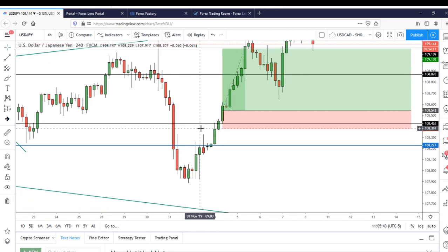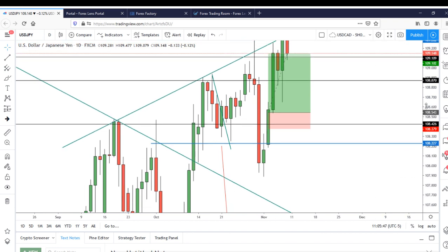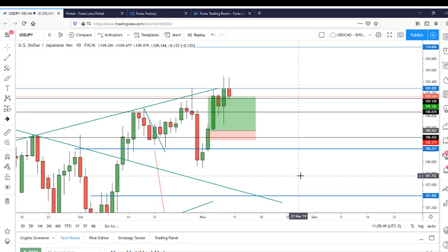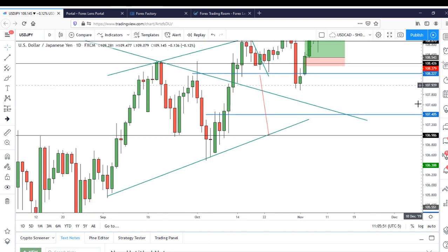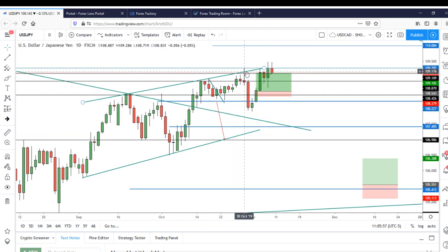The analysis was pretty simple. I'll try to make it pretty quick because we do have a lot to cover today. But let me try to pan out. USD yen has been in an ascending channel, right? And we had our last touch off the top trend line on the 30th of October. We made a deep push, but USD yen was able to get enough strength to push back up,